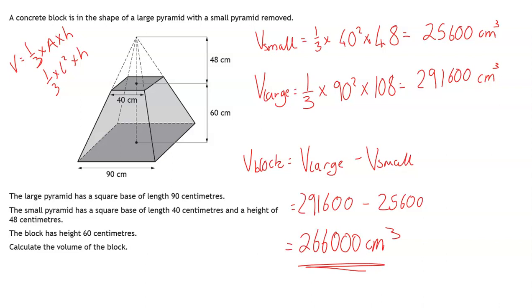Now, a key thing as well is remembering about composite. If we think of composite or compound shapes, regardless of whether it's 2D or 3D, what we have to remember is that it's somehow combining more than one shape. Whether that's adding together or taking parts away, which is this scenario here. Now this question is worth 4 marks. You get 1 for each of the two volumes, volume of the small, volume of the large. You then get 1 mark for knowing to subtract the small from the large,